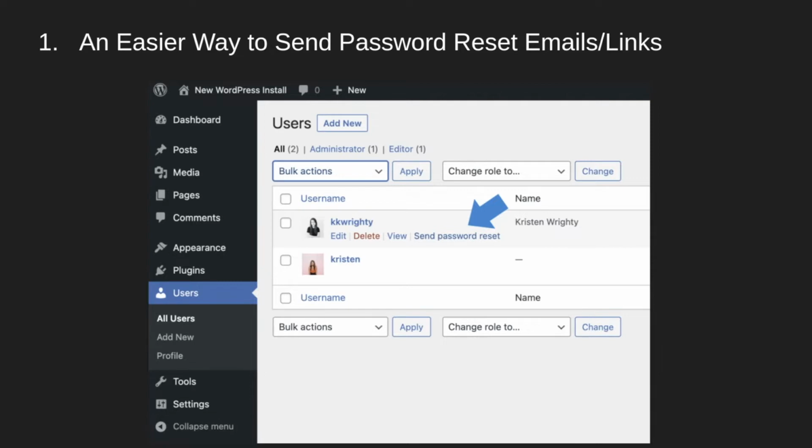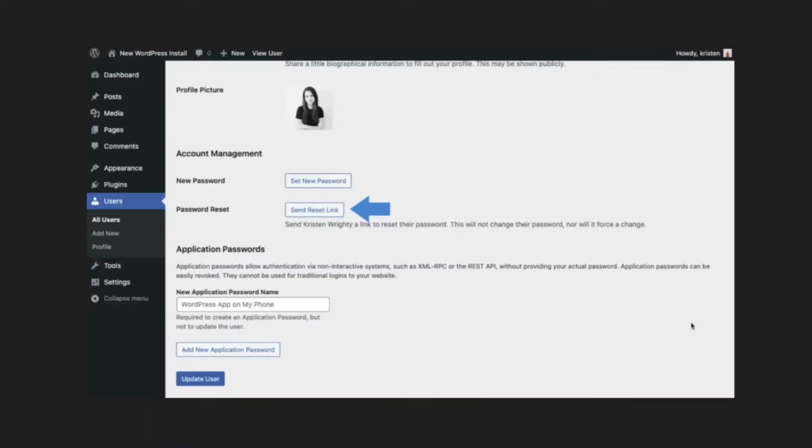In previous versions, whenever a user wanted to reset their password, they needed to send the password reset request to the admin. Here, the admin can send the password reset link to the required users, and they can reset their password as they want instead of it being done by the admin.